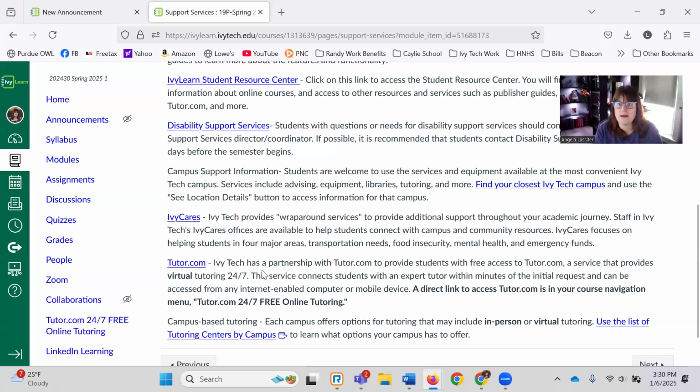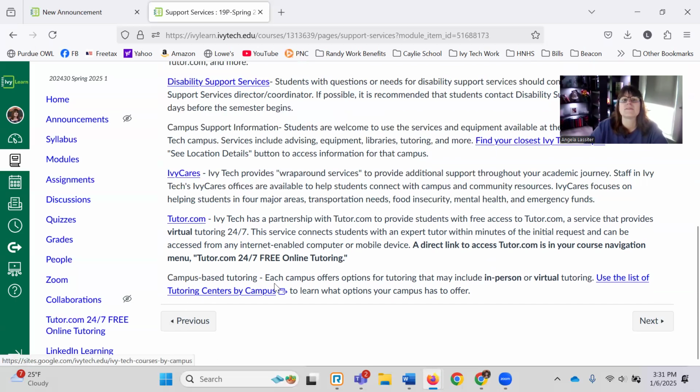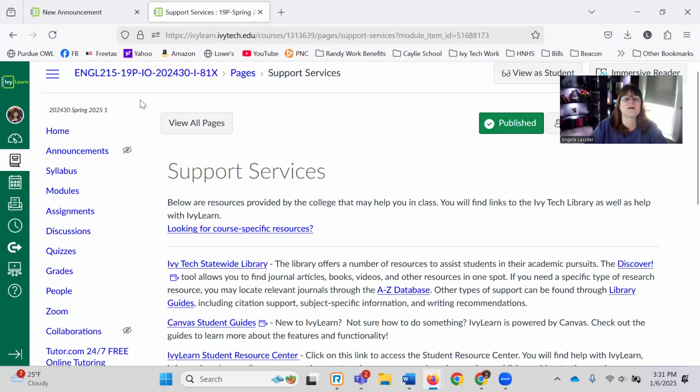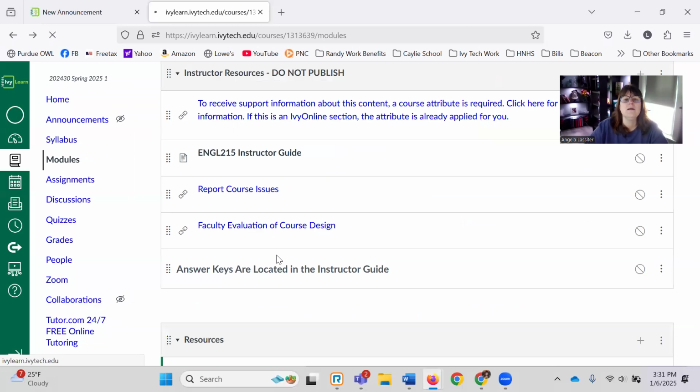Then we have tutor.com. They are excellent. They have online tutoring that can help you with many, many things, so please don't hesitate to reach out to them. It's pretty easy to do. And campus-based tutoring is found here if you would rather do it in person. So there's all of those resources.